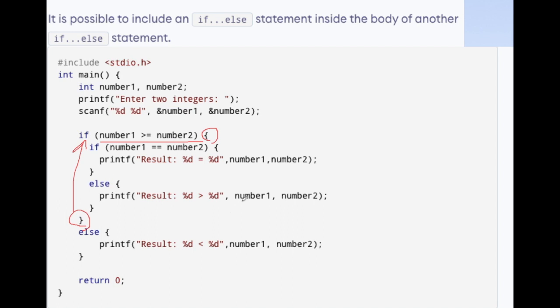So else, number 1 will be greater than number 2. And this else is for this if. This is inside this if. So inside this if, number 1 greater than or equal to number 2, I have two options: either number 1 equal to number 2 or number 1 greater than number 2. Else for this if now, for the first if,